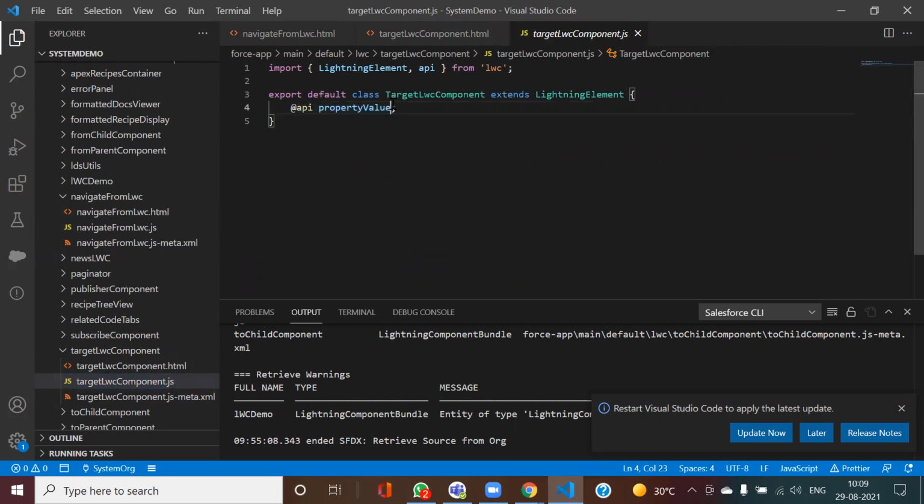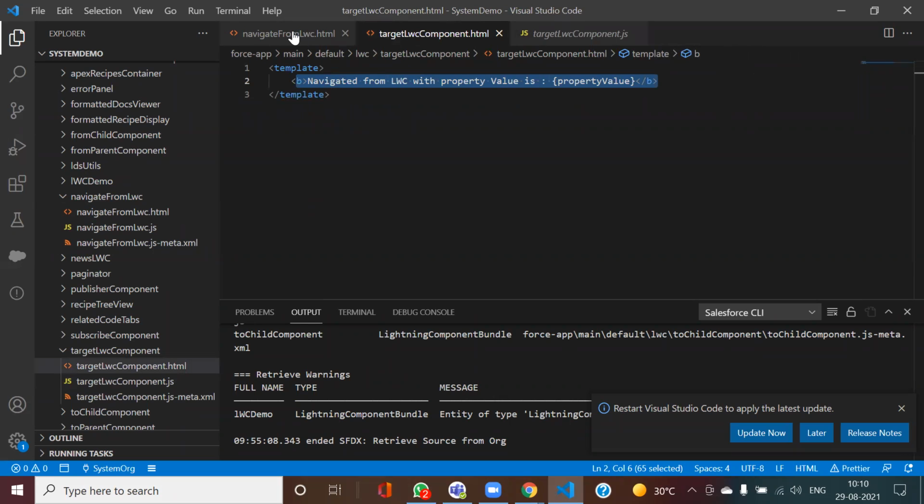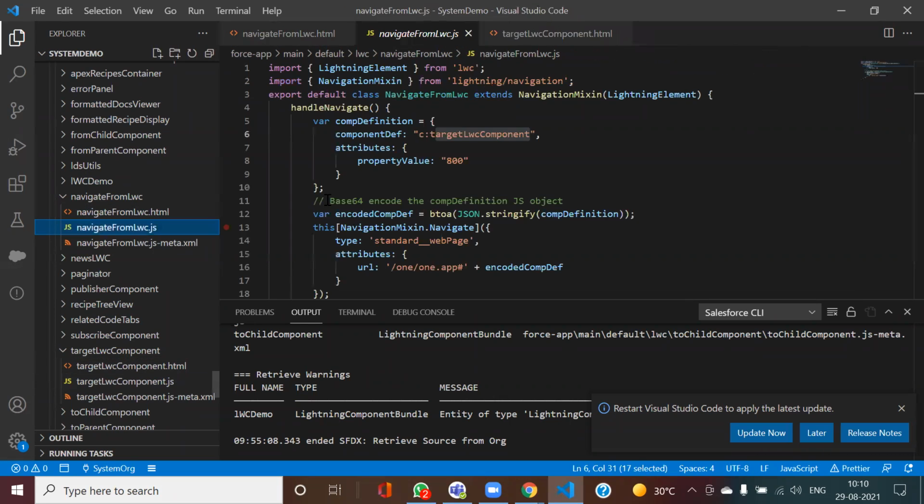Now let me open this one. If you see, this target LWC has this variable propertyValue. To this, I am passing the 800 value from my navigate LWC. So that's it. Whenever you need to call one LWC from another LWC, you need to make use of base64 encoding.